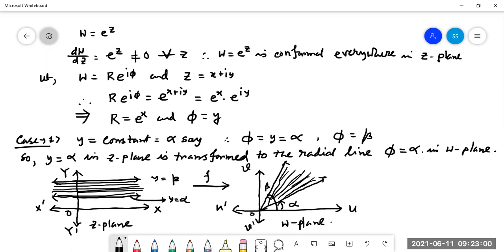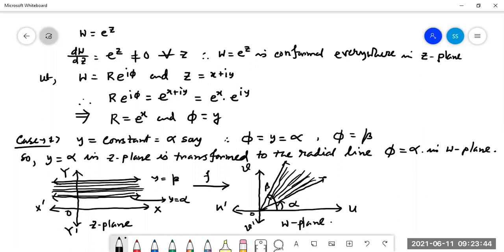Is it clear? In the z plane, it was a strip between straight lines, but in the W plane, when it is converted via F, after transformation, it comes as radial lines. Two radial lines, with the space between them, is nothing but an open-ended triangle. But in the z plane it was a both-ended straight line strip. Here it is an open-ended triangle, open on one side.